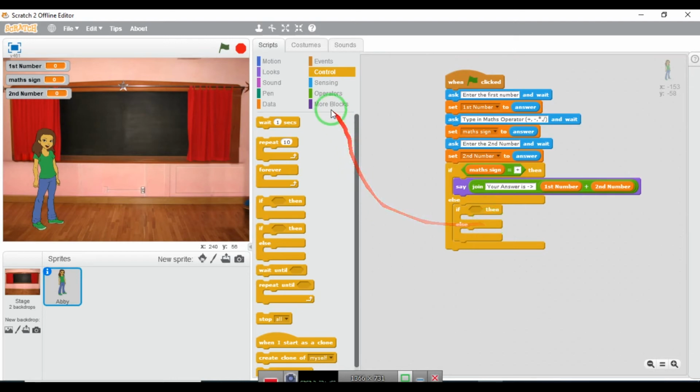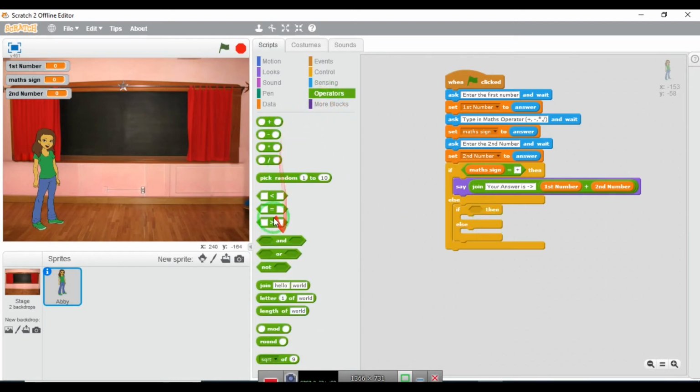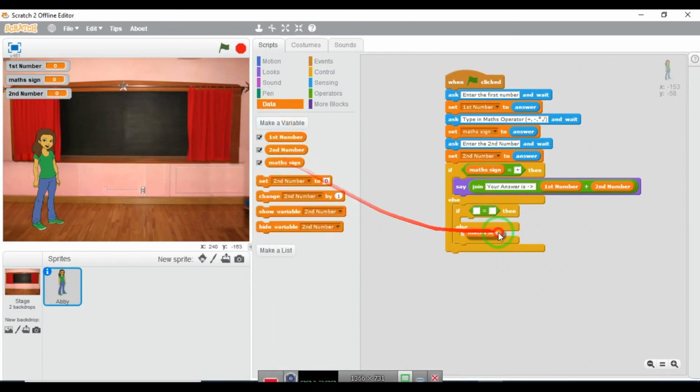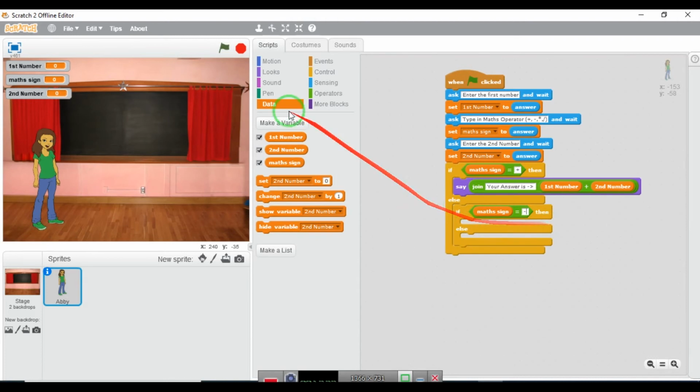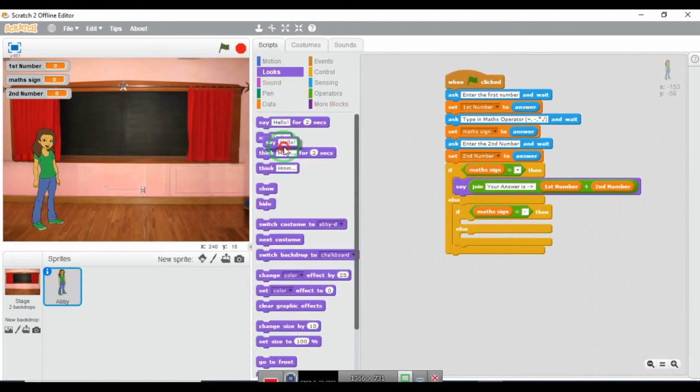So to do that, we'll go back to our operator, we'll bring out the equals block, then we'll go back to data, bring out the math sign, and here we'll type the minus. Okay, so this block of code will be programmed for minus. Okay, so whenever the user pressed minus, it's going to program everything we'll put here. So we'll go ahead again to looks, we'll bring out say,